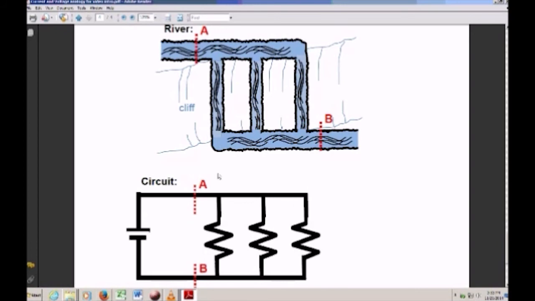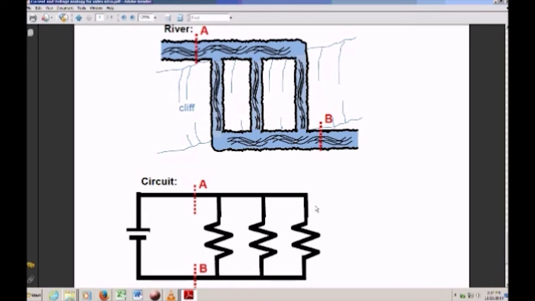And likewise, as in the above case, if we take the current in this branch and add it to the current in this branch, and add that to the current in this branch, all three of them sum together, that should equal the total current of the whole circuit. And also note that the current through these three branches don't have to be the same as one another. It depends on how big the resistance values down here are. If these three resistors were all identical, then you'd have the same current in each branch, but that's a special